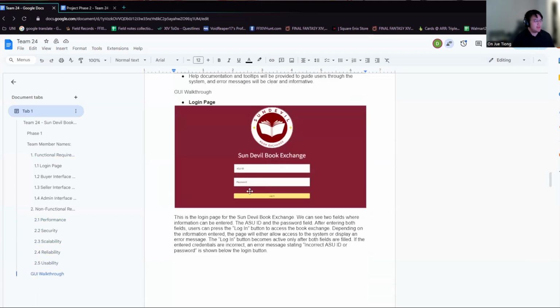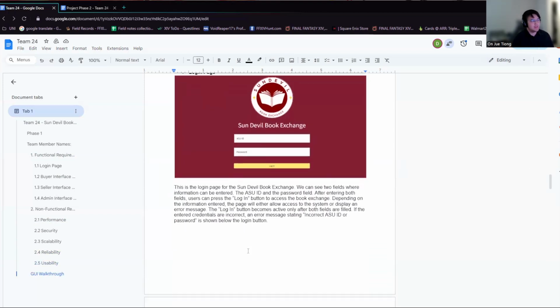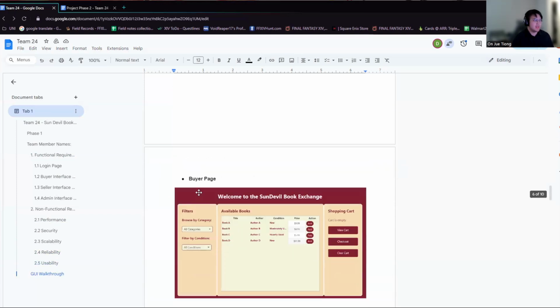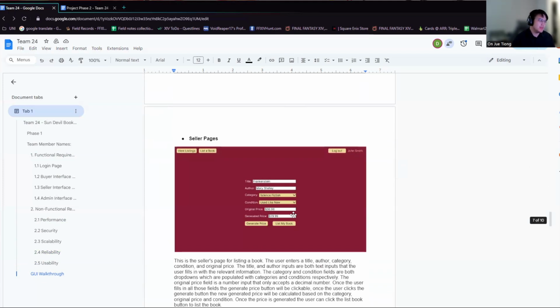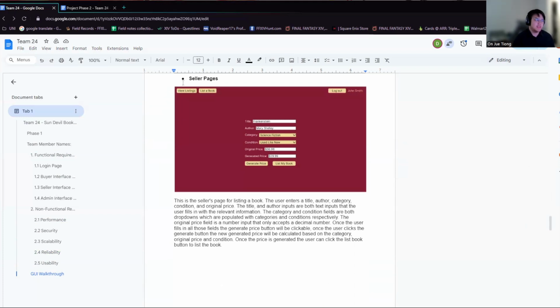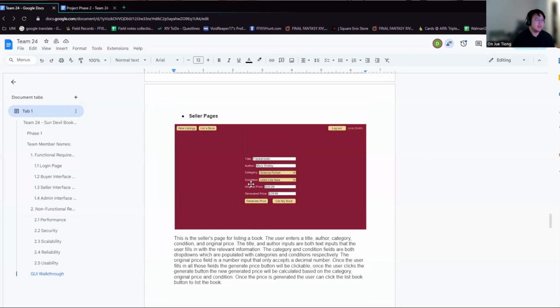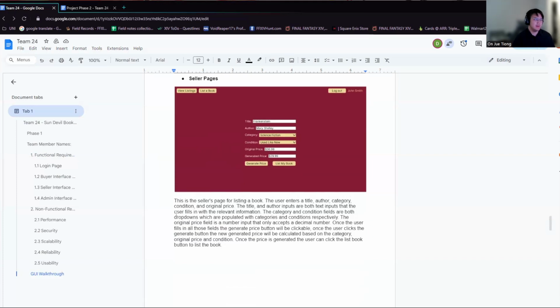And then after that, we created GUI walkthrough for each of our page. So this is our login page, and our login page has a login and password that looks like this. And then next, we have buyer page that looks like this, and we define how the buyer page works. Next, we define seller page, and this is how a seller page looks like, and we define how it works